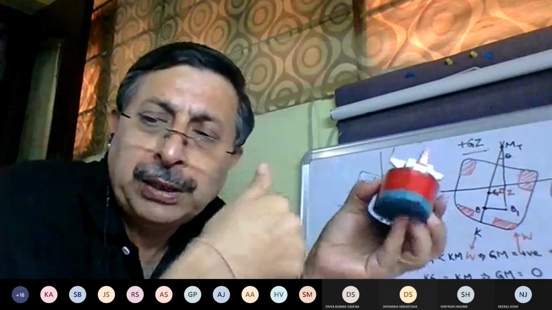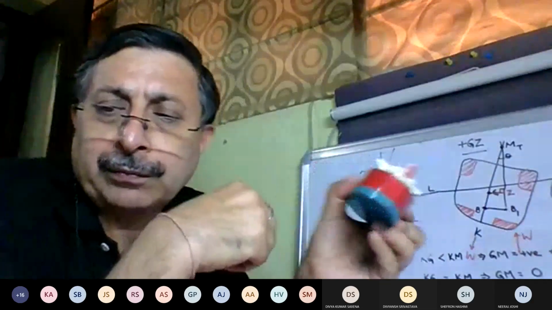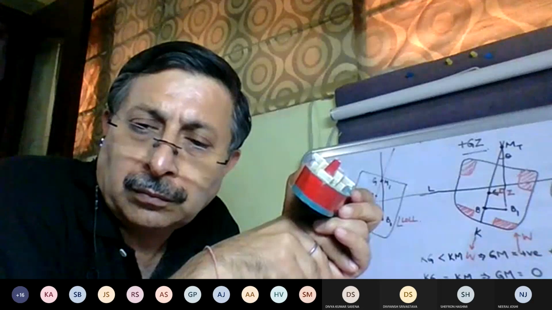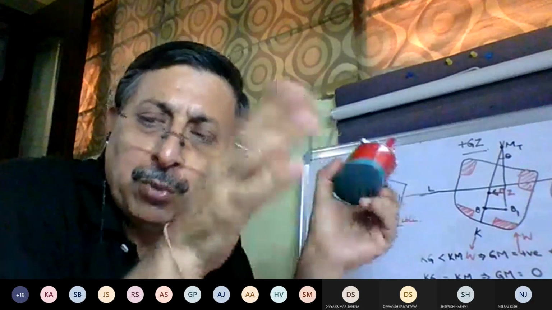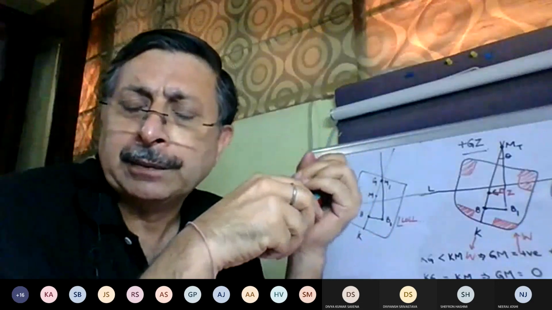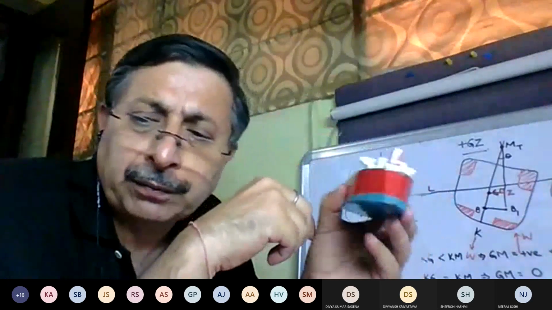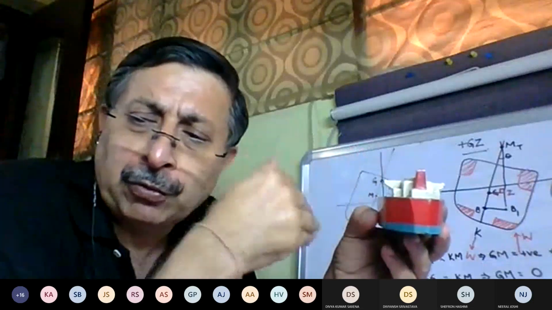So our action has to be to bring her back to upright. Then we do a set of actions that we'll discuss separately. That is not in your syllabus. What action to take? वो mates में आ जाता है. But essentially, this is the sequence of sinking a ship. Angle of loll is one step before the sinking.